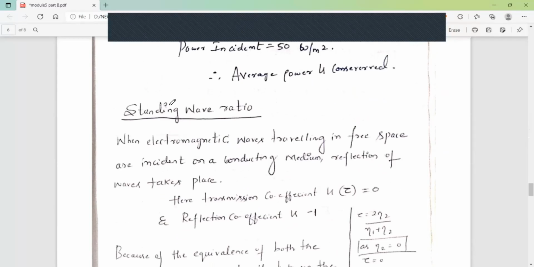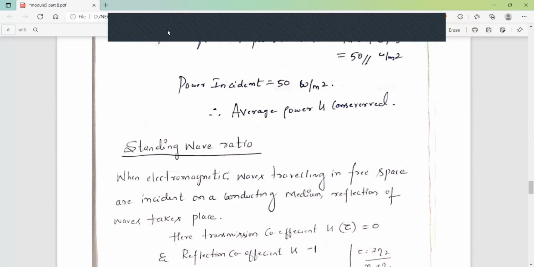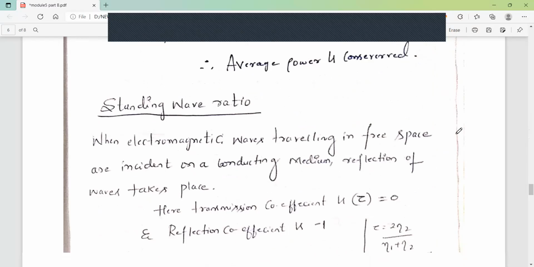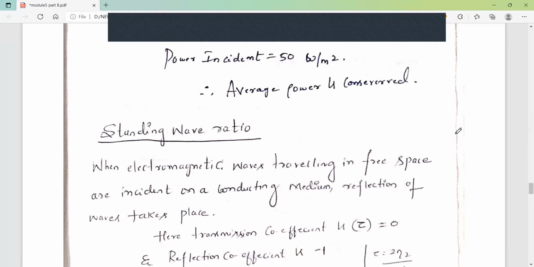Okay, now the term standing wave. What is the term standing wave? Just understand it. Traveling waves are generally traveling, meaning it is going either from one medium to another, or it is traveling within one medium itself. Okay, like that we have found out the direction of transmission. But here we are talking about a wave which is not traveling, which is standing.